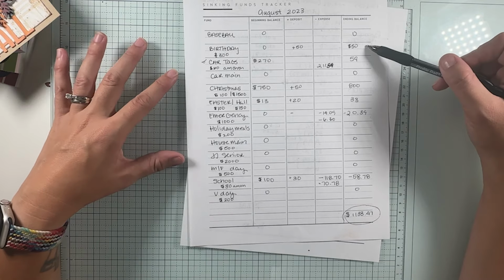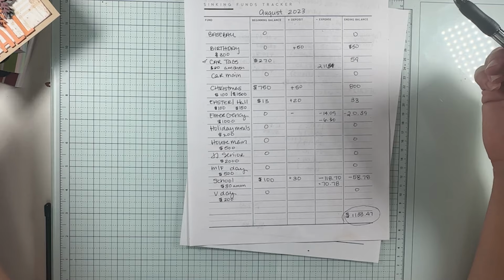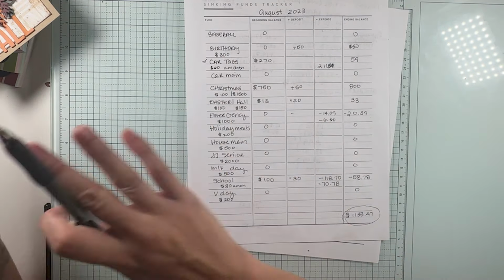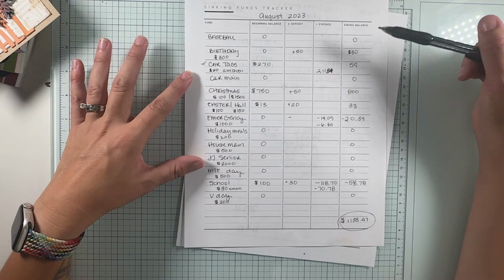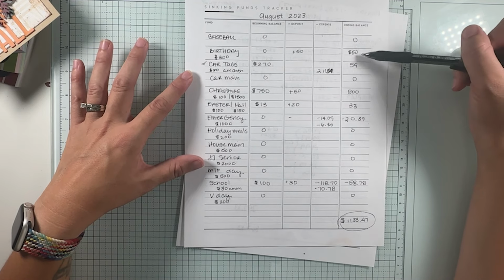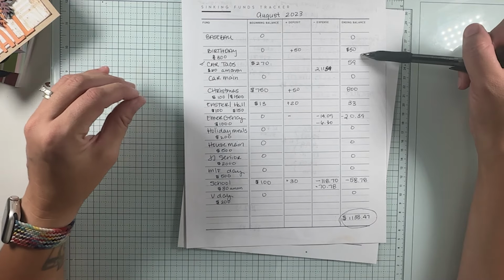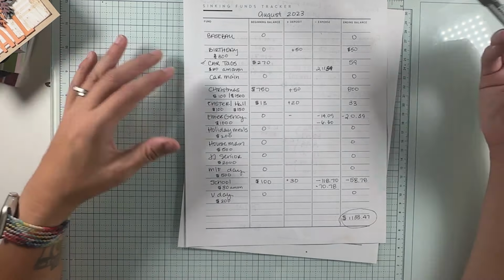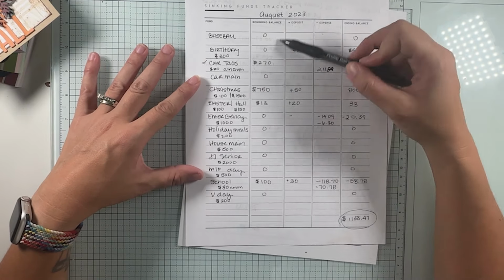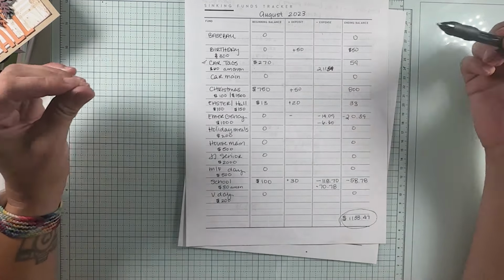We have all of the birthdays coming. Obviously, my birthday, we're not really doing too much. Next year, I turn 40, so I'm saving all of the festivities for next year. But my youngest is October 23rd, my husband is November 11th, and my oldest is November 30th. So we have all of the birthdays coming up, so I want to beef this up and that kind of thing. And you will see that we have very little in all of our sinking funds, because the most important